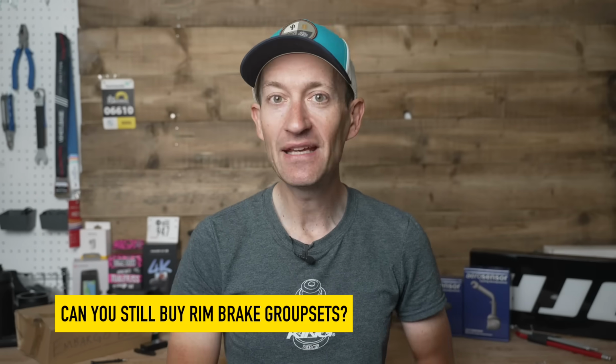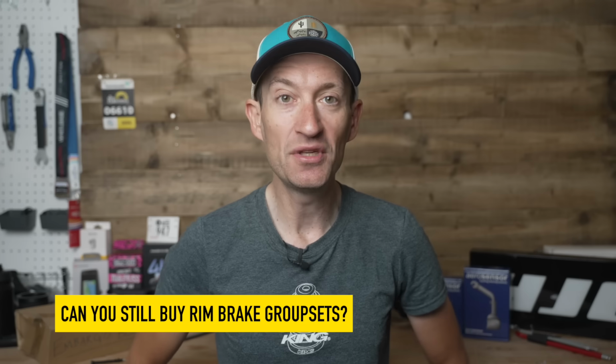when they are quite happy with the rim brake bikes they already have. And I'm put off by the fact that increasingly bike brands are taking away the choice of a rim brake option. So fair play, Colnago, an expensive bike, but I see it being fairly popular for some people who want that option. And hopefully you might see a trend towards more bike brands offering or retaining a choice of a rim brake bike in their range, just for that small percentage of people who do want rim brakes and don't want disc brakes. But the real challenge with building or buying a rim brake bike in 2024, especially a